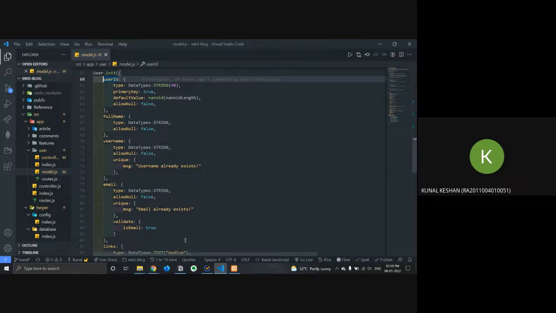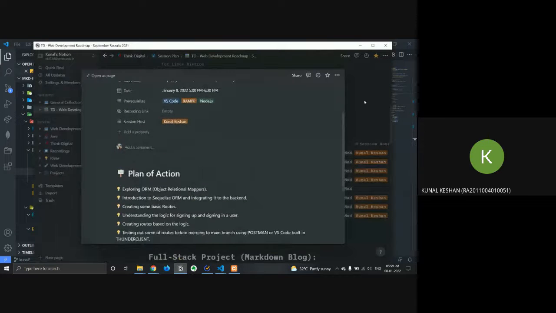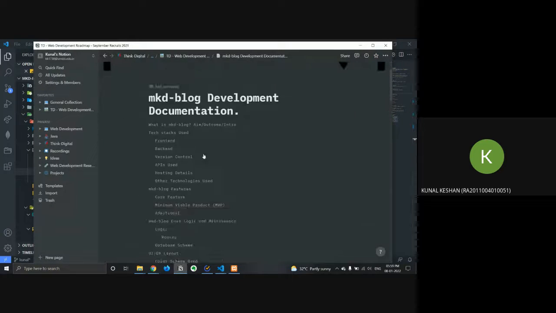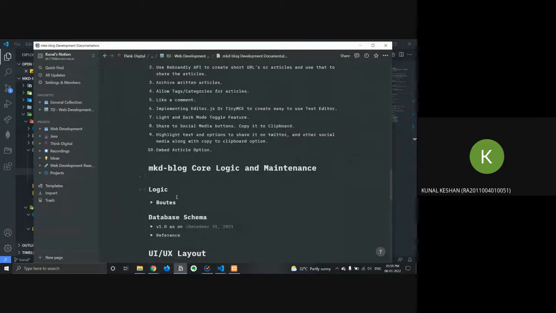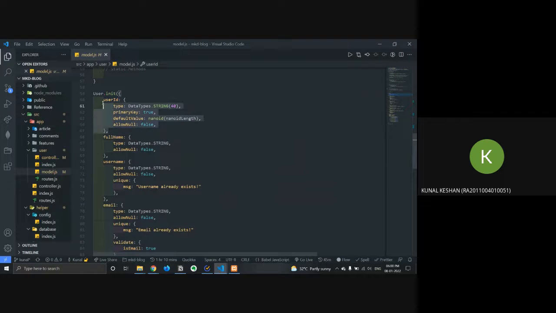So for my model, if I come over here and go to the database schema, I'll just see the picture. So what normally does my user have? Full name, their username, email, bio, links, image, their hashed password, last login, and registered at. So user ID will be my primary key in this case.